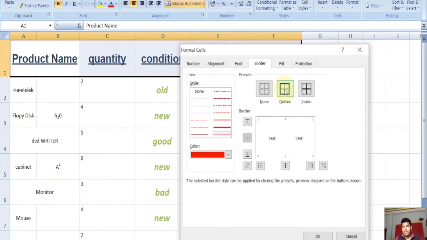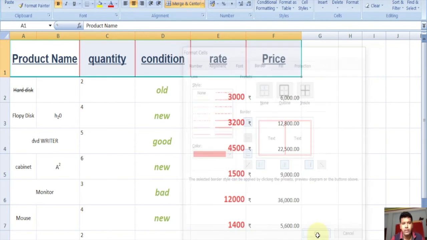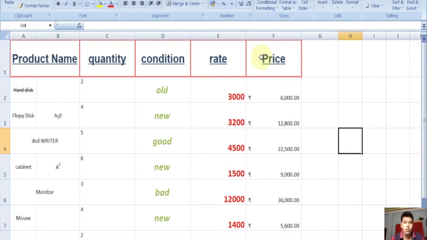Outer line of the selected cells will be colored, and we will have a border, and inside is only the insides, and there is outline and inside too. So click on OK. All have borders.